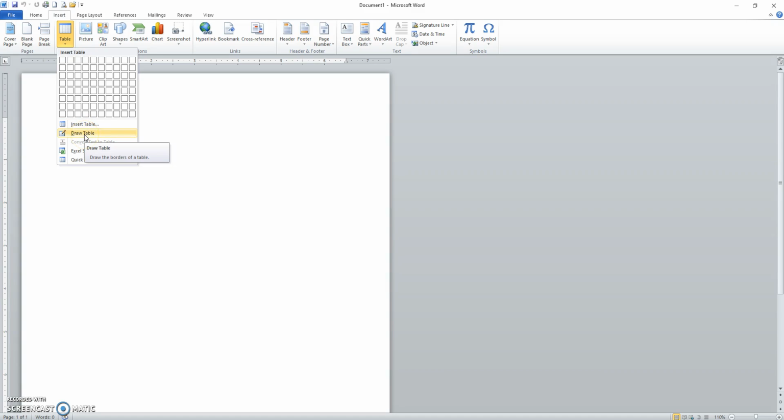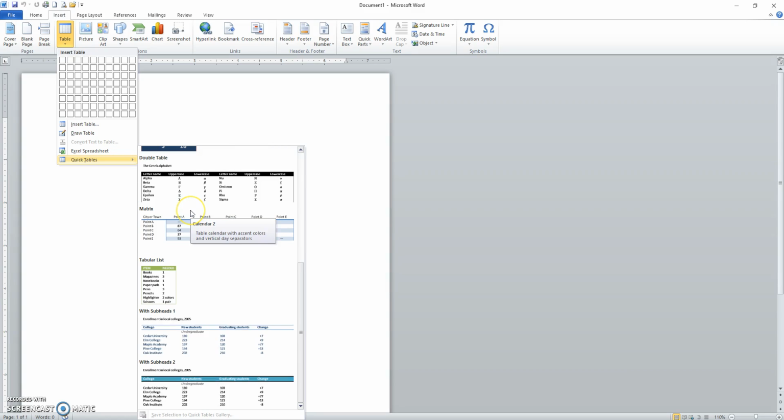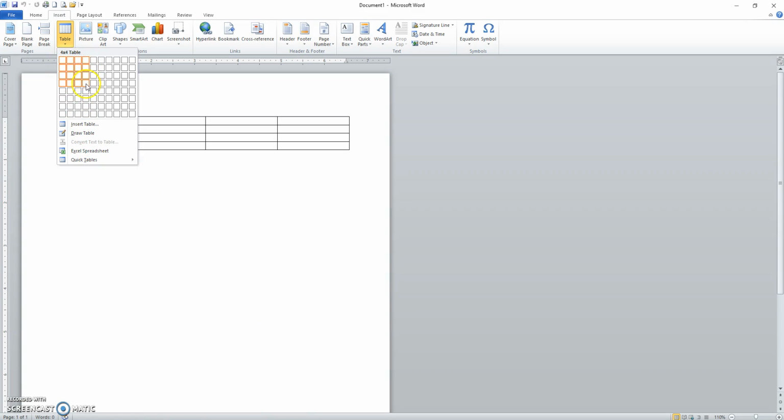You can draw a table from scratch. Or in using the quick tables, this will load briefly, and these are some presets already to go, calendars and such like that. So I'll go back up here and I'm just going to drag through the tables that I